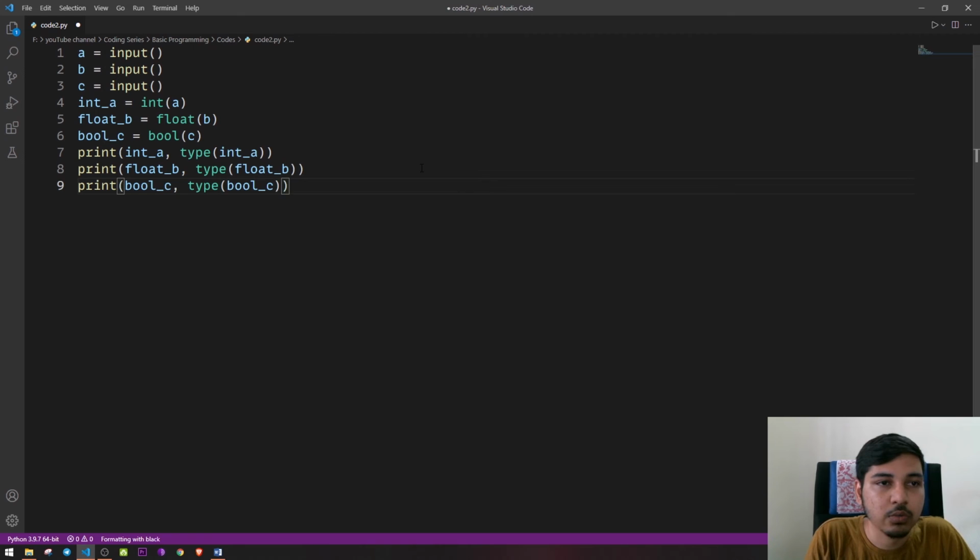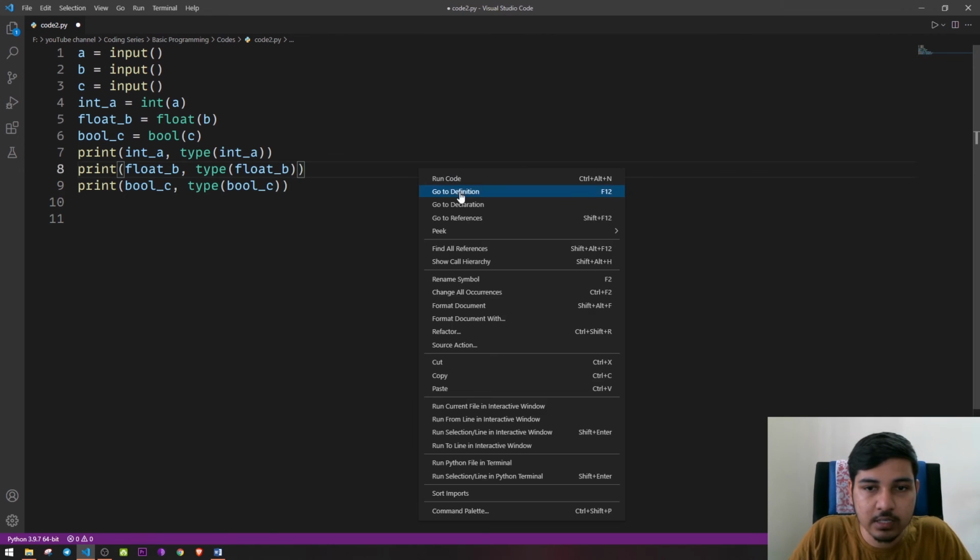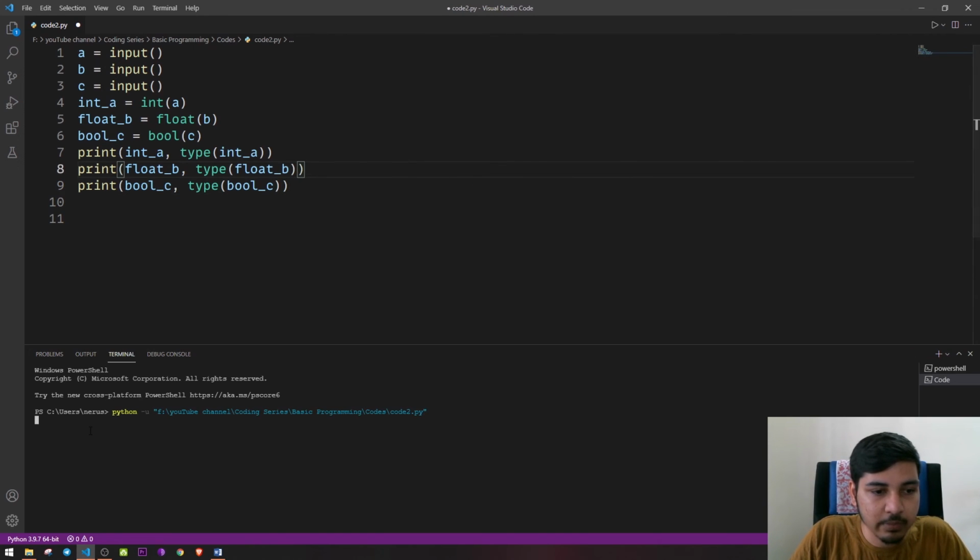Okay, so now if you just run it, we need to give some input, right? So let's take some sample input: 45, 32.18157, and the last, a boolean value, either true or false. True.